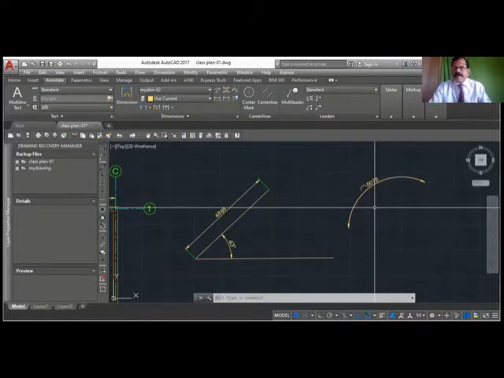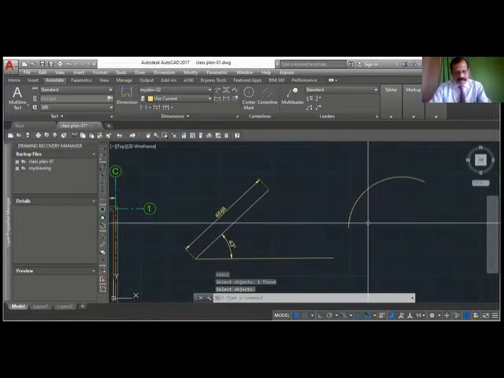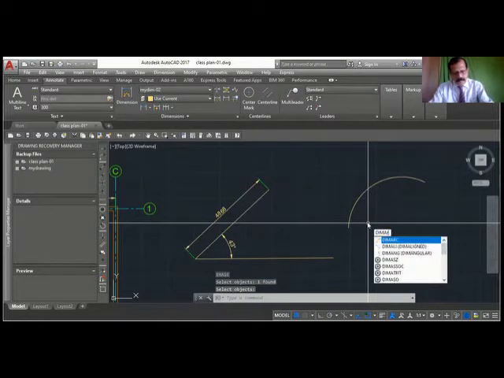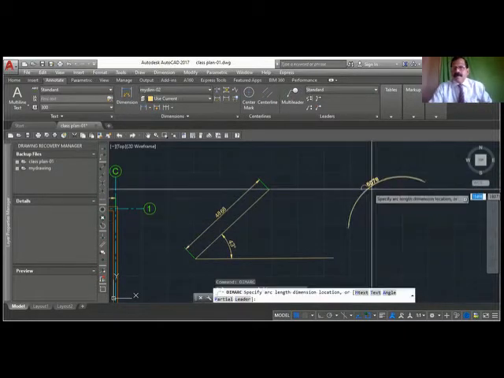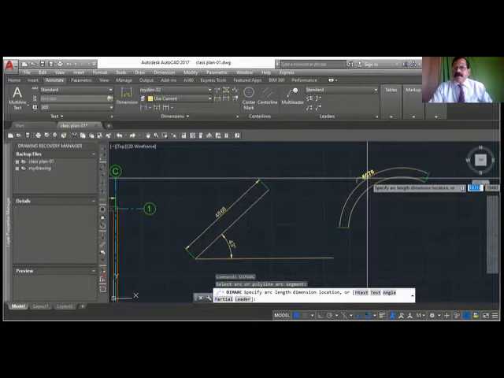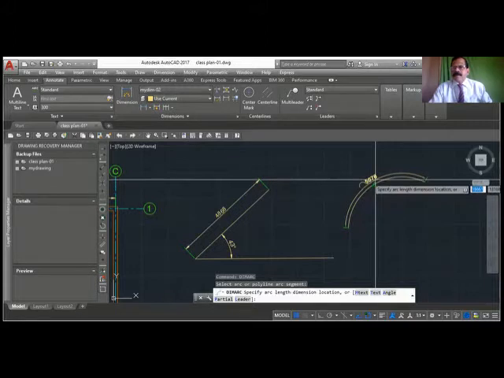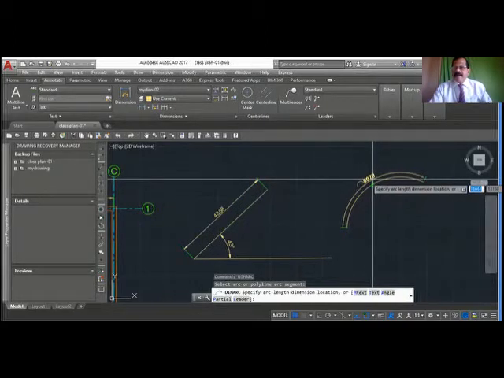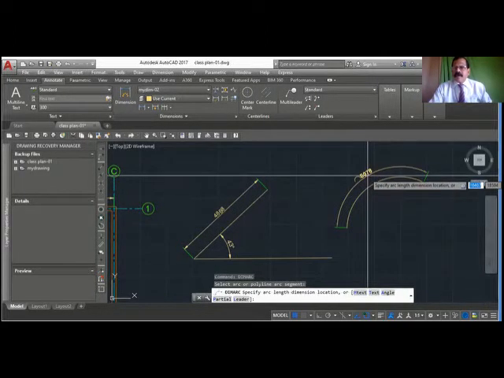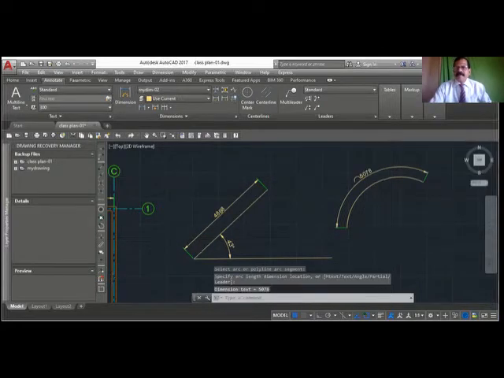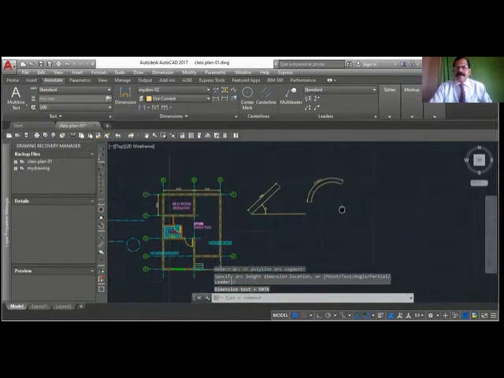So always, if you are not getting it, you zoom in, dim arc, and show a little, be careful. See now that it is selecting the perpendicular or center and other snaps, like mid. So just keep it like this so that object snap is not affecting. Click. That's how you do the dim arc.